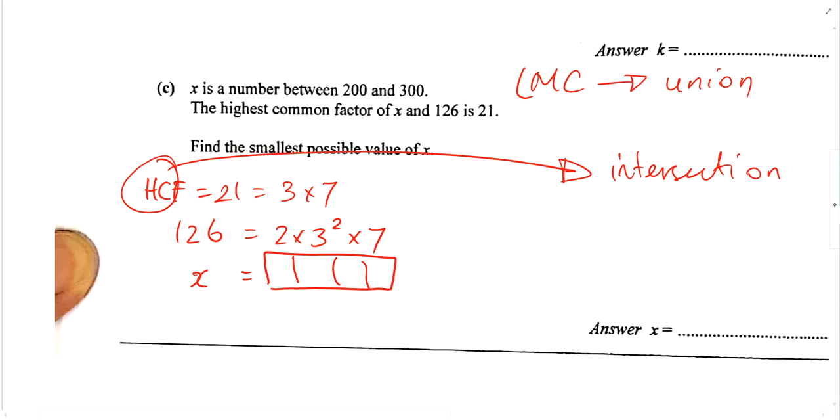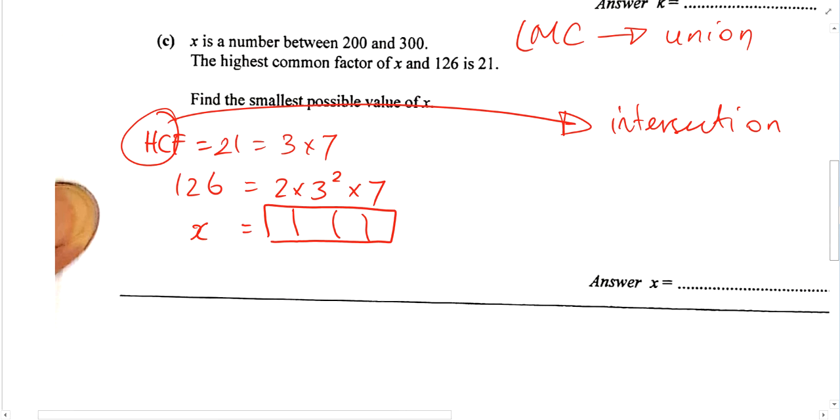Right, so this is for question 20. X is a number between 200 and 300. The highest common factor of x and 126 is 21. Find the smallest possible value of x. But we say that HCF is actually intersection. So since 3 times 7 is the intersection between